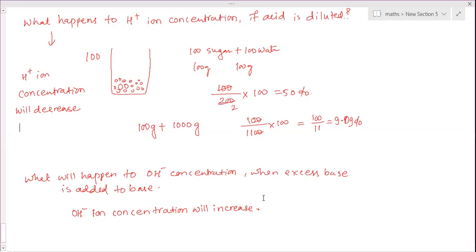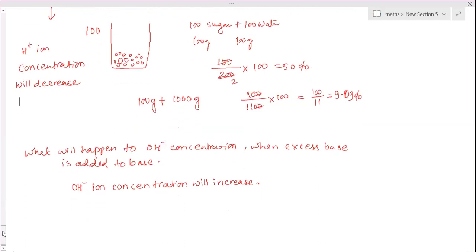Okay. Done? Yes, ma'am. Now these are the common factors between acids and bases. Now we have to see the chemical properties. One second, these are the questions. We have completed this.